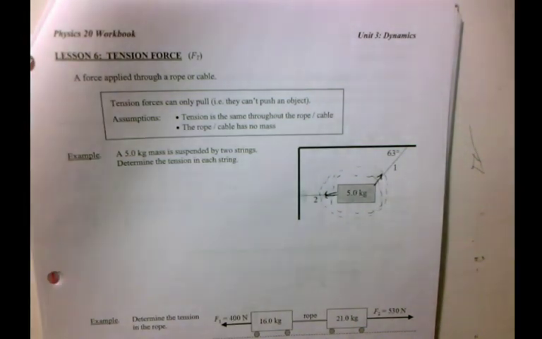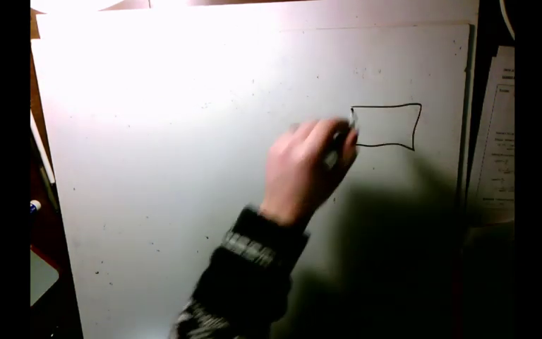All right, let's try this first example together. We have this nice box. That's generally what we find with these problems. And it's suspended by two different cables, right? So I'm going to draw the free body diagram for the system of the box and the ropes. So we have our box here